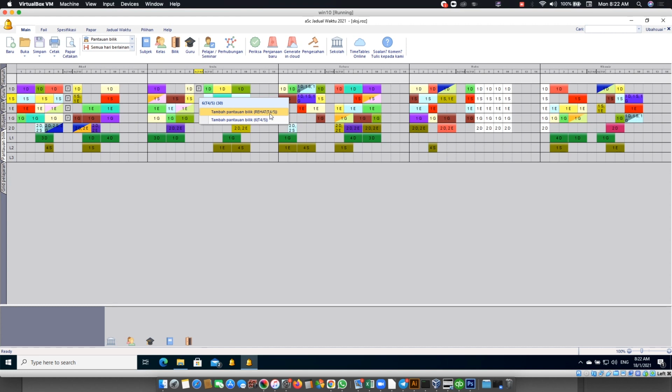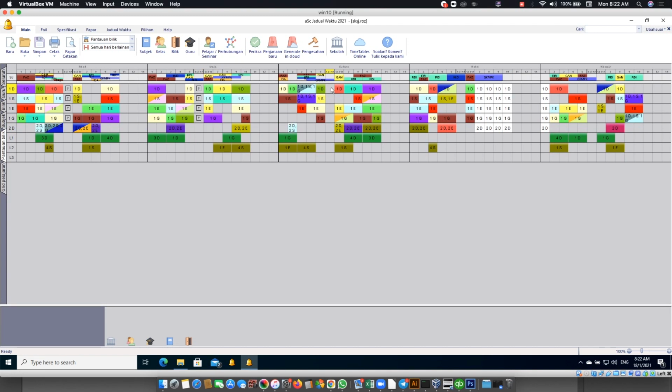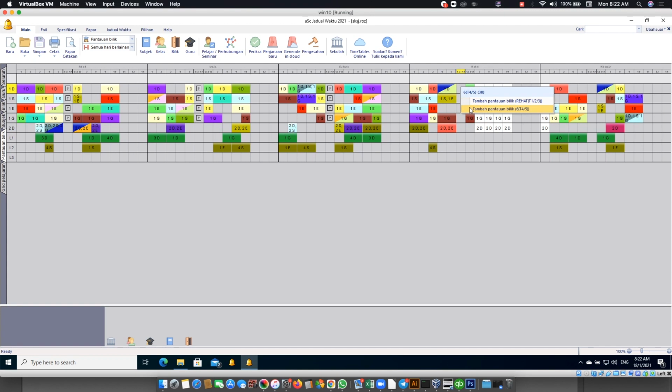ini adalah rehat and T4, T5. Di antara T4, T5. So we just want period ke-6 sahaja. Okay, so we don't tambah pantauan bilik, tambah, just pilih yang kedua punya. And then tambah, ini sepatutnya ada, tidak ada, tambah,